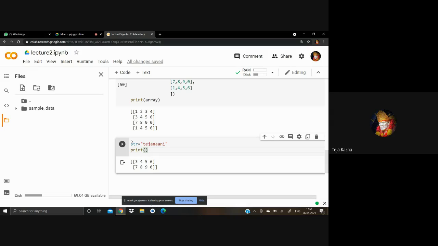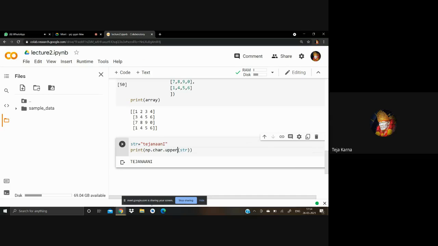Now the things I am going to write are all string manipulation functions, like np dot, then something regarding dot upper. It is going to convert all these strings into capital, fine. In the same way you can work on lower as well. It is going to convert the last I also into small.